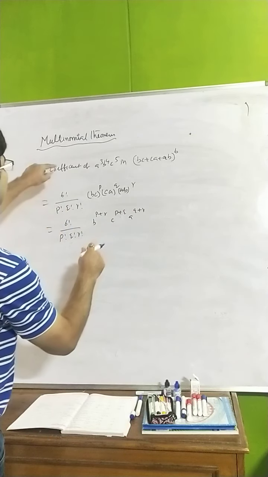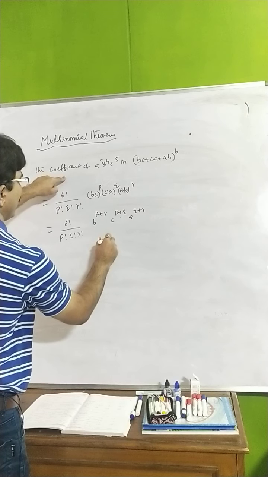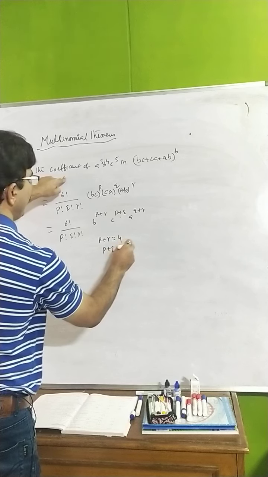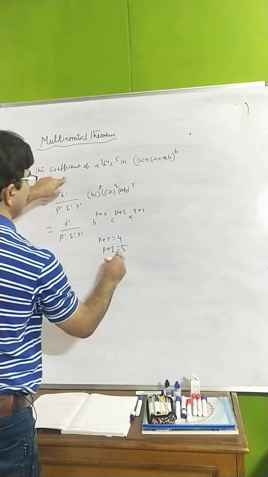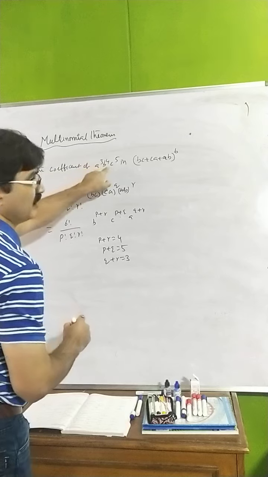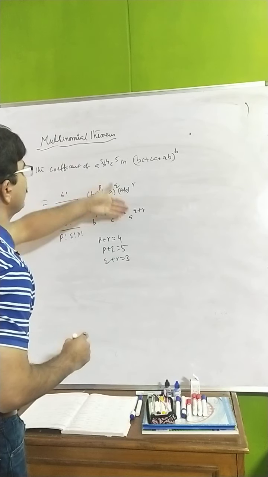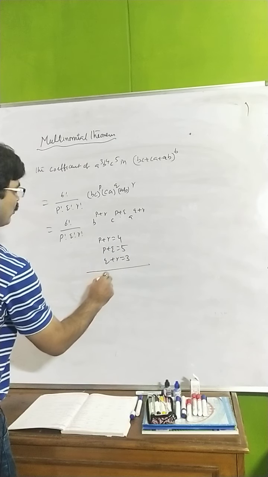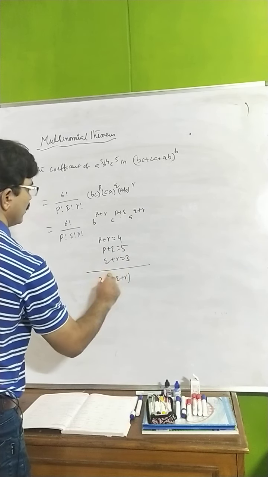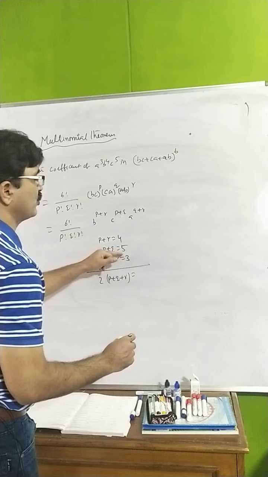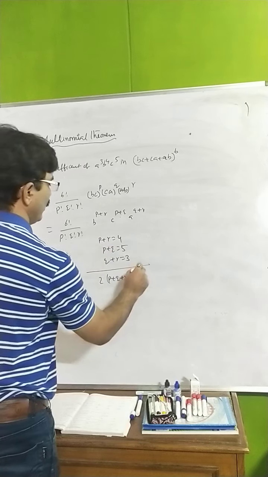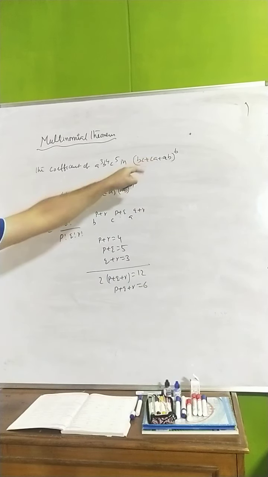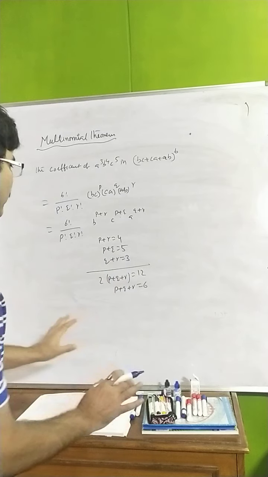Now, these are equal to, now you see here, P plus R is equal to 4, P plus Q is equal to 5 and Q plus R is equal to 3, sir. I compared with this one. A power, B power, C power, I compare with that one. Now, while adding all this, 2 times of P plus Q plus R is equal to, 8 plus 2, 12. Now you see here, P plus Q plus R is equal to 6. Got it? Yes, the rule is rule, sir. Whatever it may be, the rule is rule.